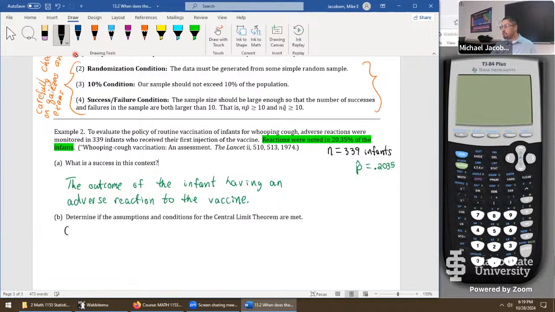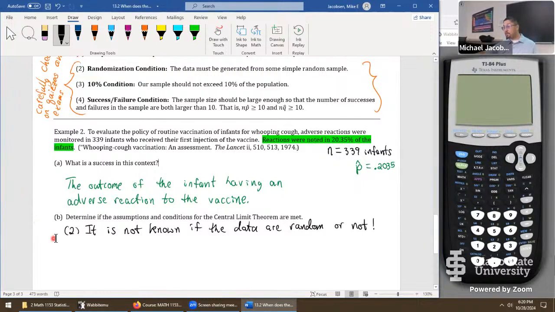So let's say for condition 2, it is not known if the data are random or not. So just like condition 1, condition 2 is a total unknown. By writing this down on paper on a quiz problem, essentially all you told me is that they didn't give us any direction or indication in the problem whatsoever. So we just move on to condition 3 next.